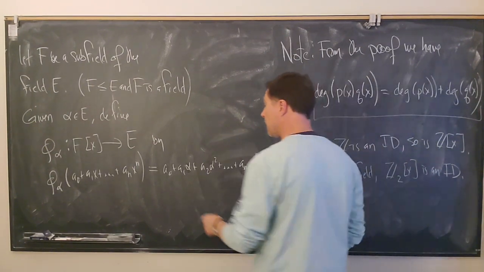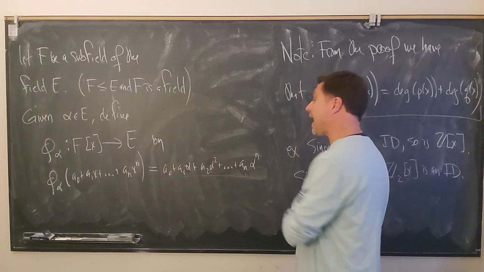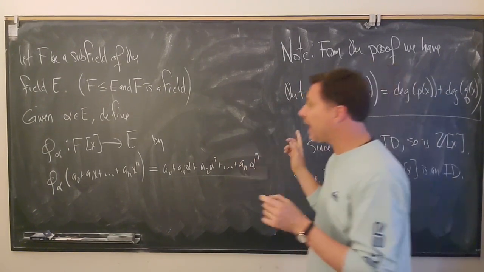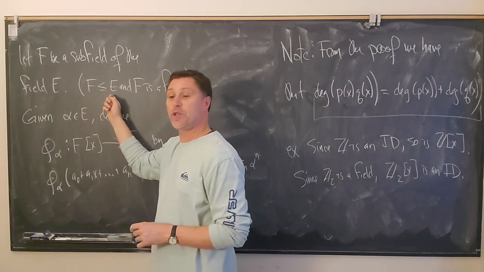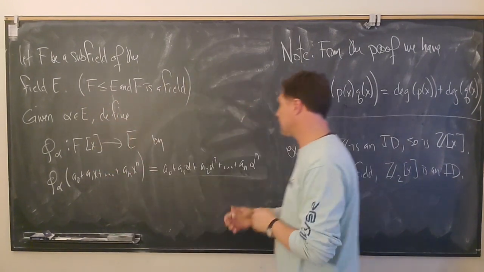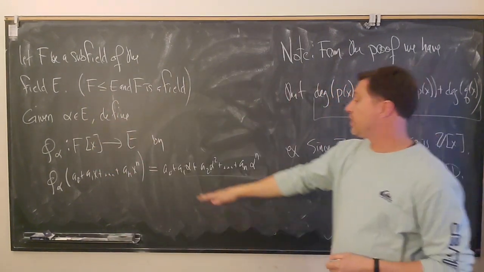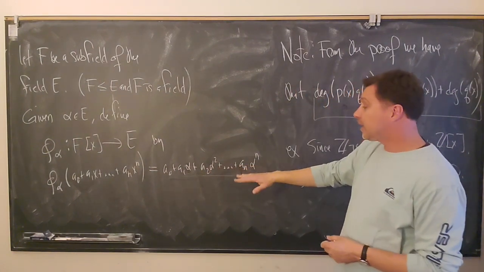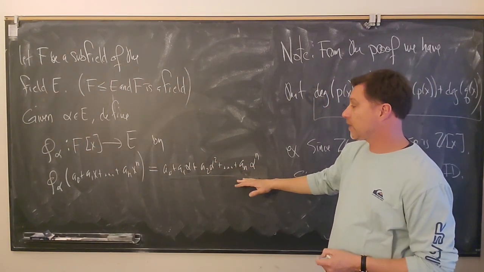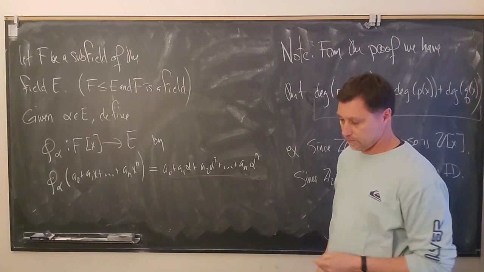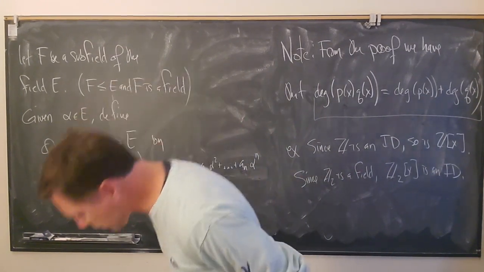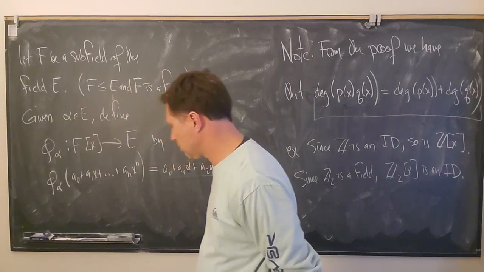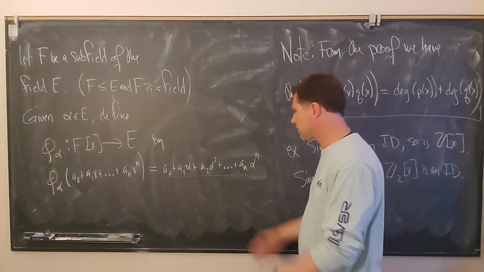So notice, because alpha lives in E and so do all the ai's, right? The ai's come from F, and F sits inside E, which means that each of those ai's lives inside E. So this expression right here gives us an element of capital E. So this makes sense as a function. And this is one of the key tools. This is important. This is crucial